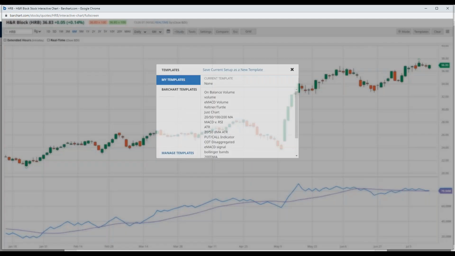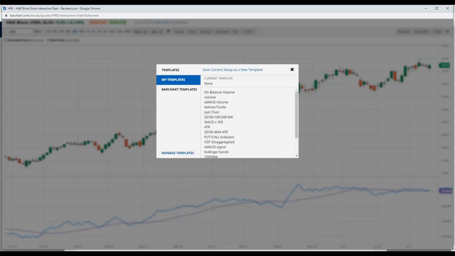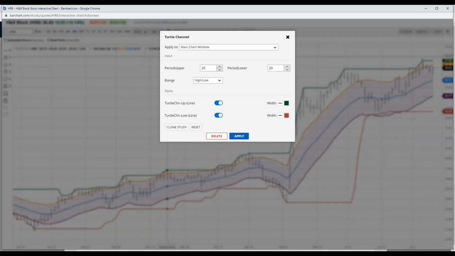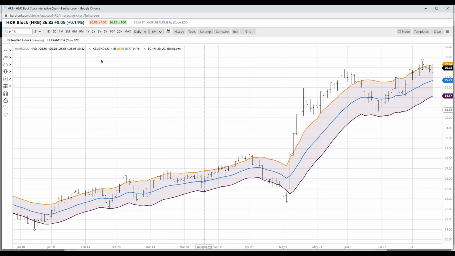Now, I have also created another template, and these are two other studies that we can use. And what these are going to do is kind of build on that ideal of making these new highs in terms of market momentum. And that one is going to be a combination of both Keltner bands and turtle channels. So let me put that on. Now, I've combined the two studies together. So what I'm going to do, just to make it a little bit easier for you, is come back in here and turn off the turtle channels for the time being. I'm going to disable them and we'll concentrate on